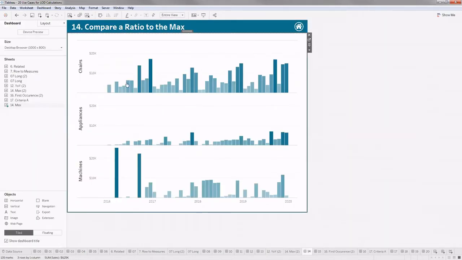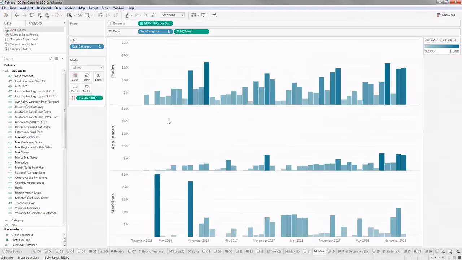So this is my final view. This is how my view should look. If you see, this color distinction has gone up in each of the subcategories. Let's see how I did that.